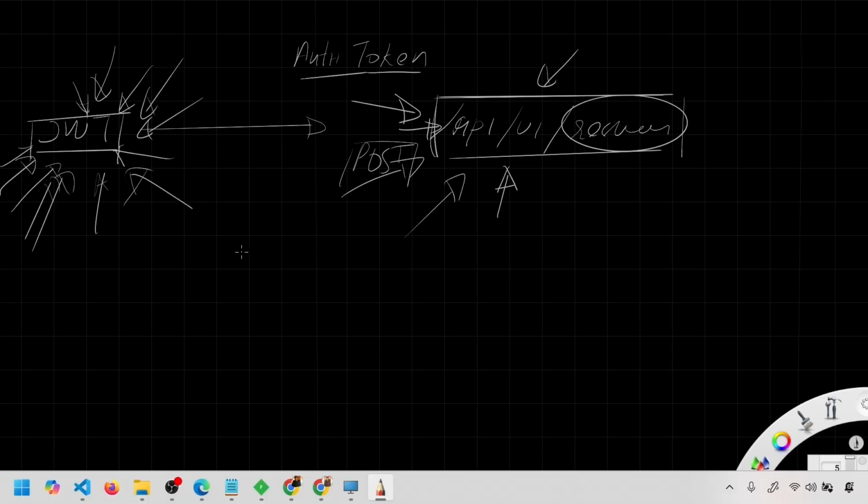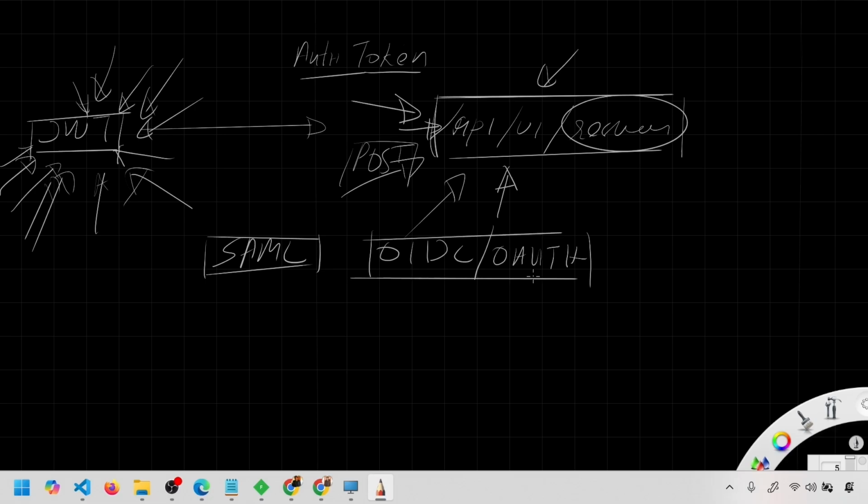Now, another thing worth comparing right here is SAML and OIDC/OAuth. A lot of people say that SAML is obsolete and that this is a superset of SAML. I'm not sure about that, because I have seen SAML used even today in a lot of scenarios, especially in corporate networks.